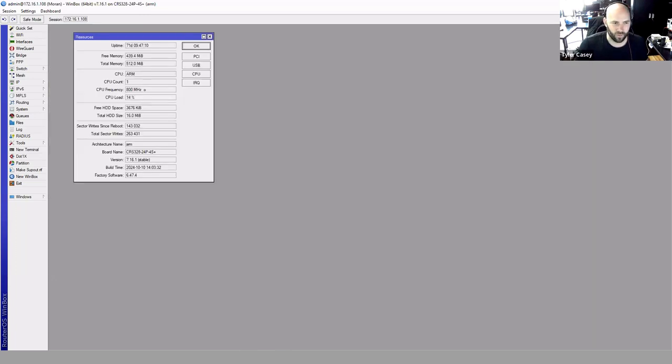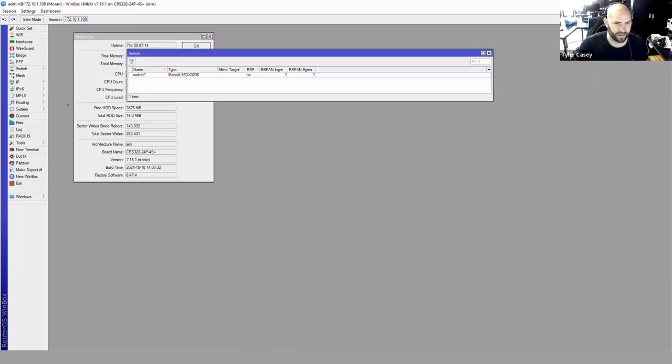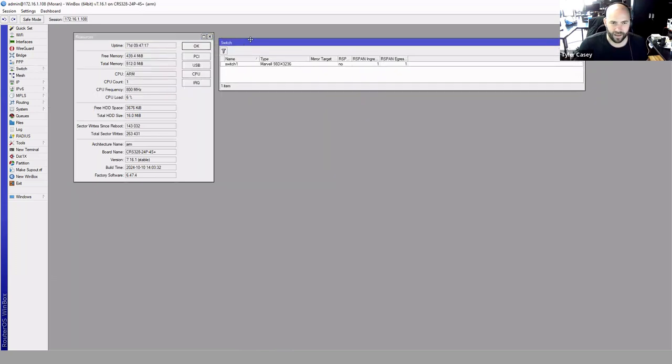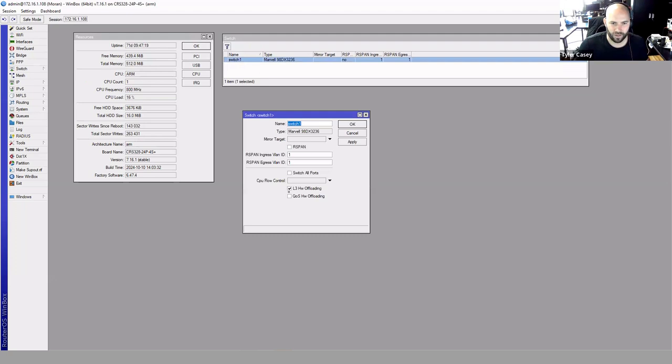So I want to show you what will happen if I go to switch settings, and then I'm going to disable layer 3 hardware offloading. I'm not going to change anything about the config. All I'm going to do is disable layer 3 hardware offloading. If you're actually going to do this, and you certainly don't have to,